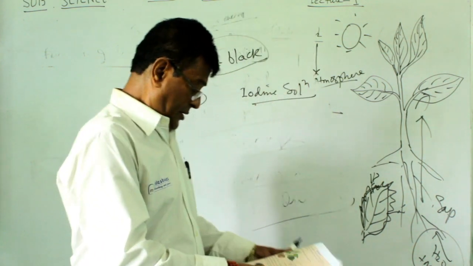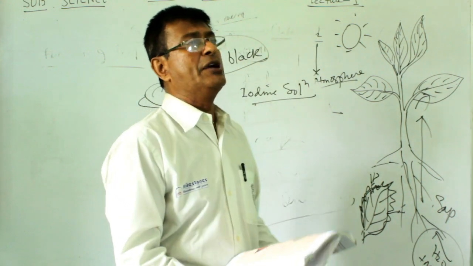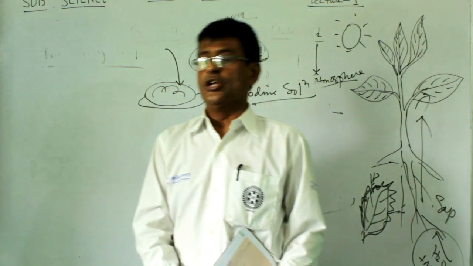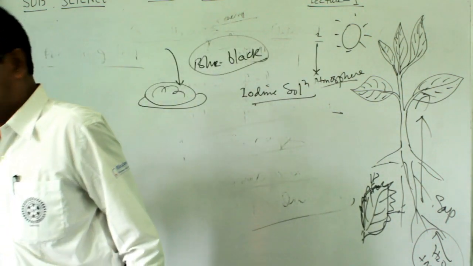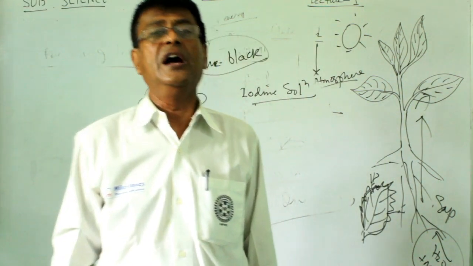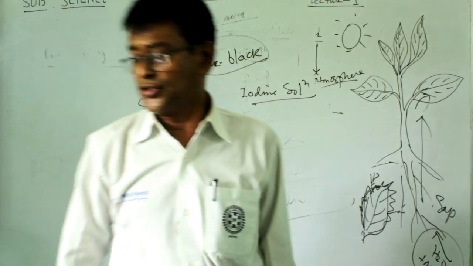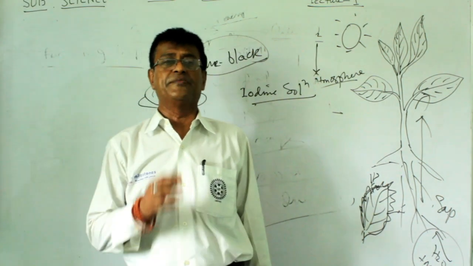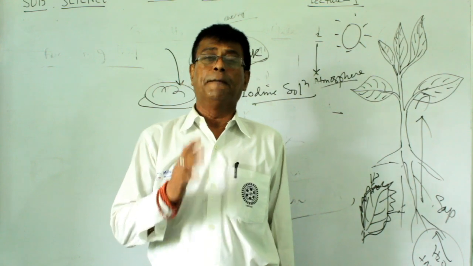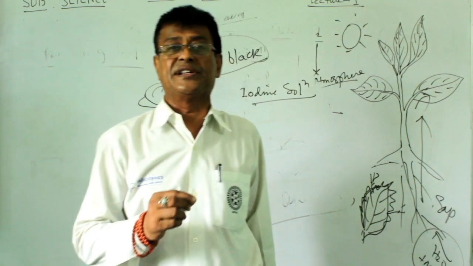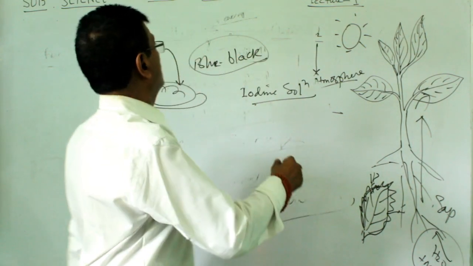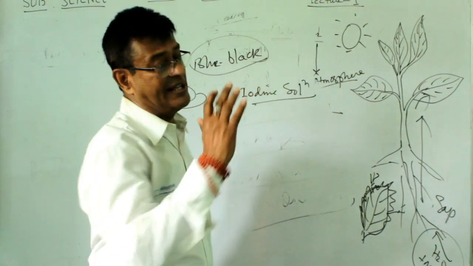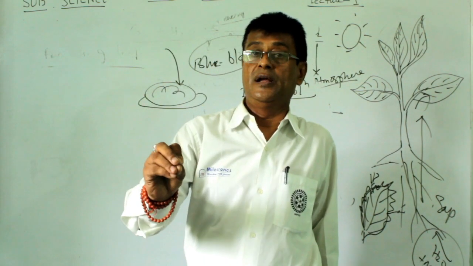Now, except for that, we use the oxygen for our respiration. So there is a deficiency of oxygen in the atmosphere. So this deficiency of oxygen is made up by the plant. When they do the photosynthesis, they release the oxygen. I told you by the equation that they release the oxygen in the atmosphere.